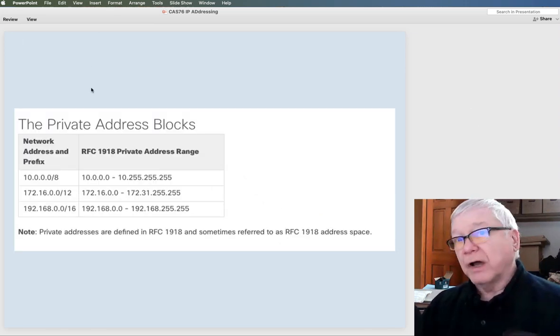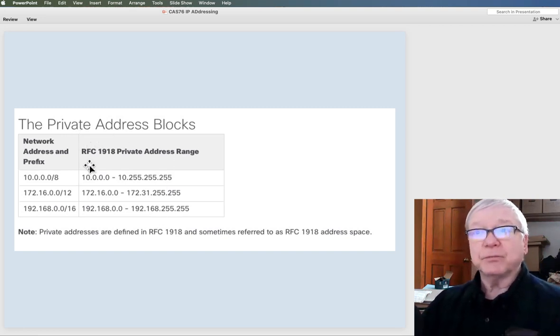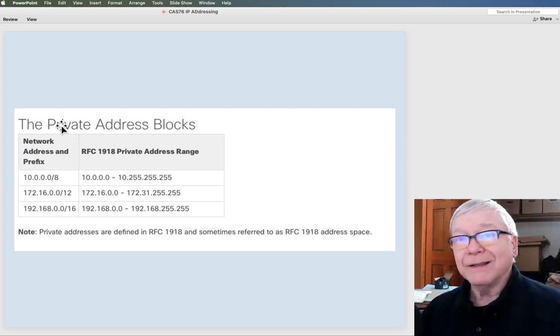And in terms of IP addressing, there are 3 sets of addresses that have been set aside to be used for DHCP under RFC 1918, a private address range. So these are not routable on the internet.